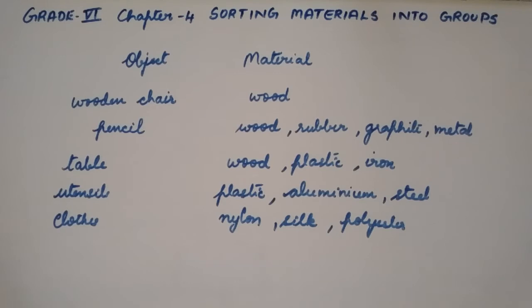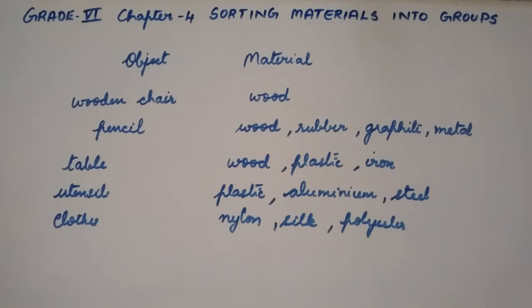The other thing which we need to understand is that a given material is used to make a large number of objects. So wood, for example, could be used to make chair, table, cot, door, etc. And paper could be used to make books, calendars, newspapers, paper bags, and also glass could be used to make mirrors, beakers, test tubes, etc.